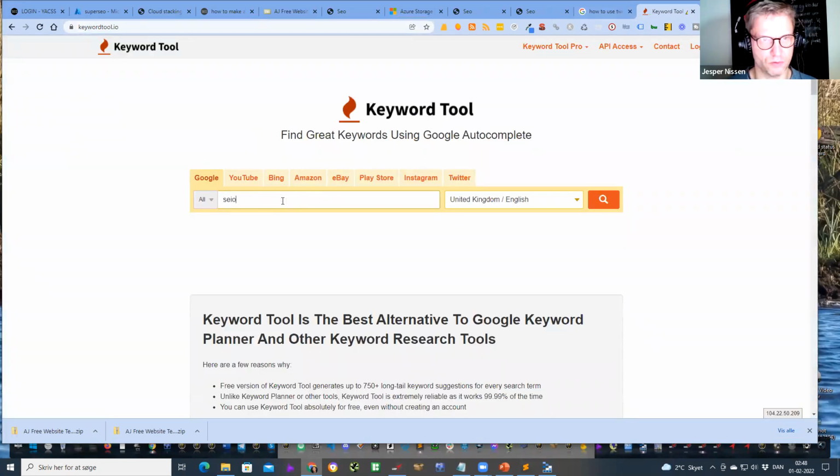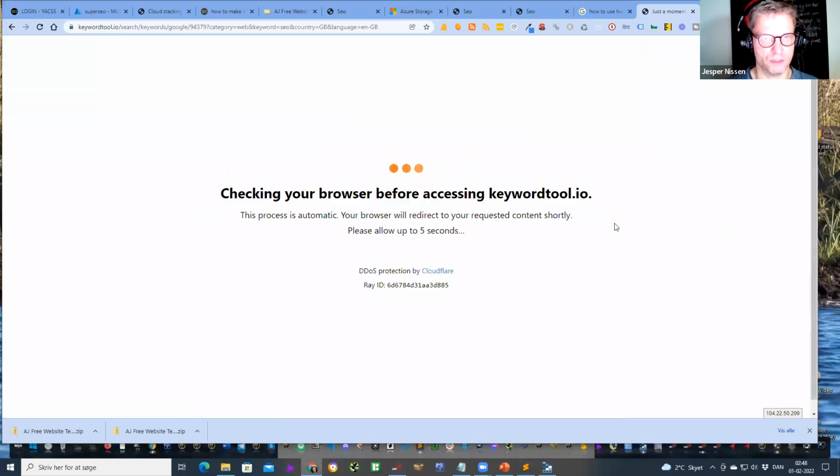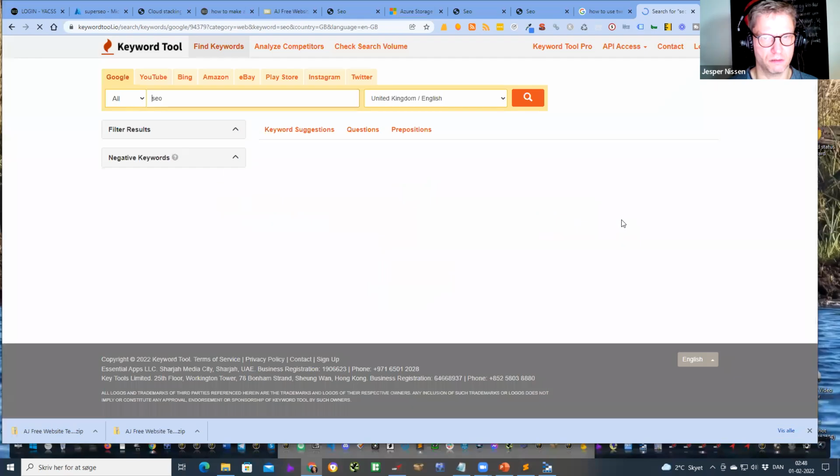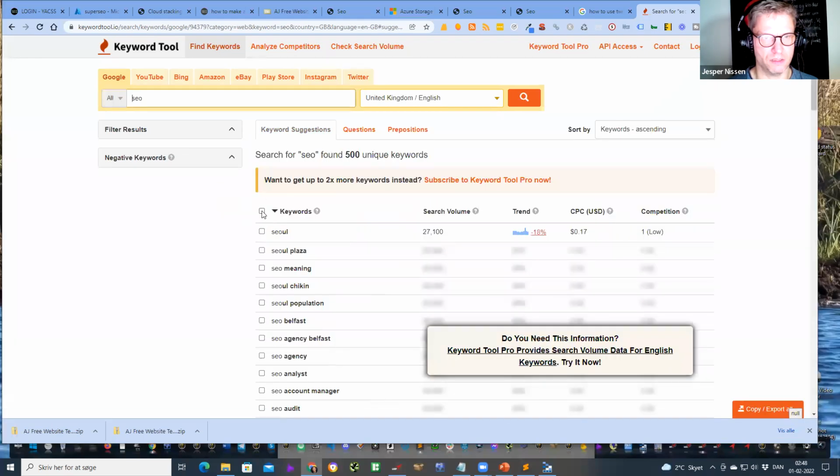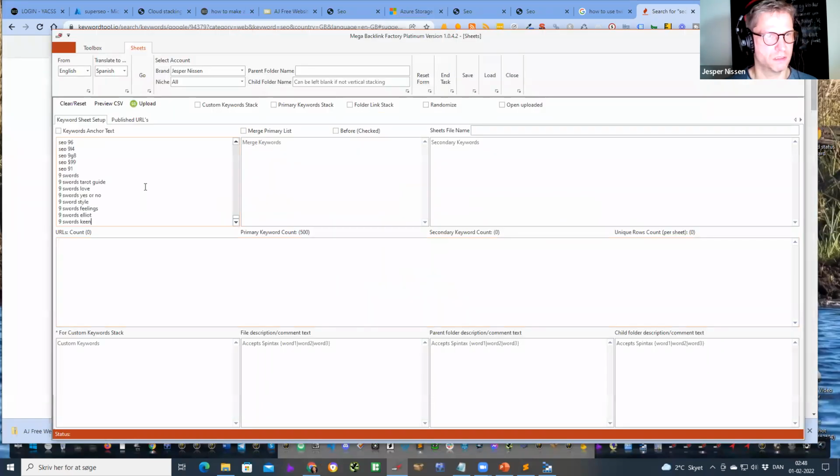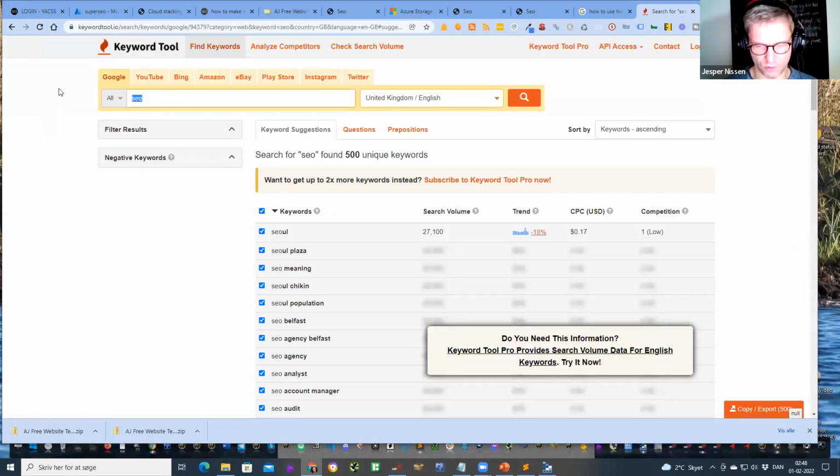So what I do is I go to this free website called keywordtool.io. Let's say I want to build a sheet for SEO. SEO is my target keyword. I click copy to clipboard. These are my primary keywords. Then I search for local SEO. This is purely an example.